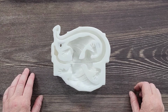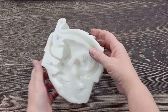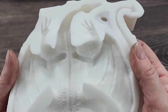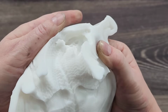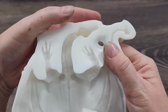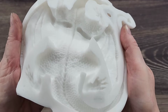G'day guys, welcome back. Look what I've got. I've got a baby dragon. It's just so cute. It's so adorable. Now, it is exactly the same as my big dragon. All those gorgeous scales in there and skin on the wings,